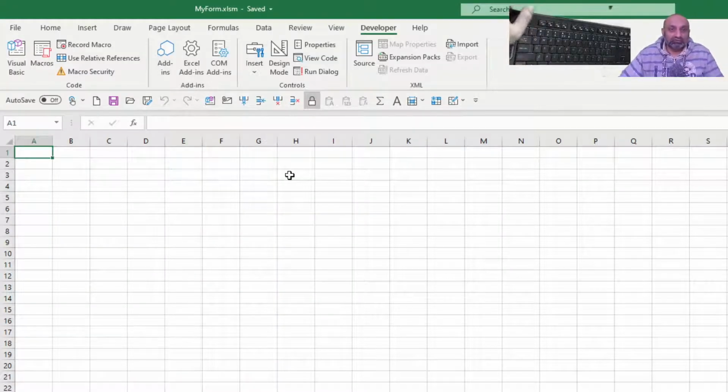Okay, so what I want to do is I want this user form to appear whenever this workbook opens. Just like when I open Microsoft Excel, there is a logo of Microsoft Excel that appears for some time and then disappears. So if I say,